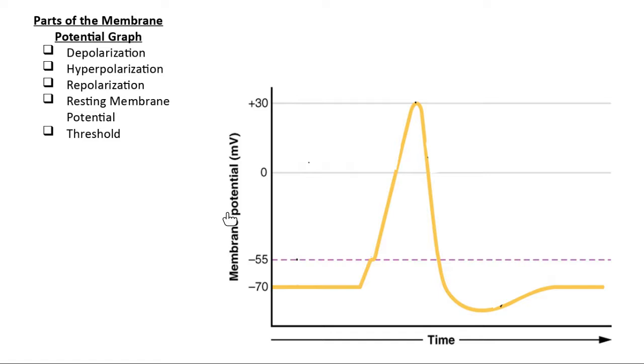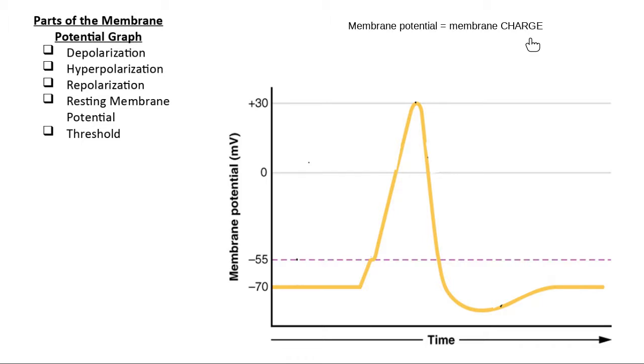Remind me in the chat, this word potential, what was the easy word I told you to replace it with? Yeah, exactly. So this is a graph that technically says it's membrane potential. Membrane potential is, the easy word for it is membrane charge. So we are looking at all the ways that a neuron changes its membrane charge from when it's not hearing any messages, to when it's hearing a message or talking to its neighbor,